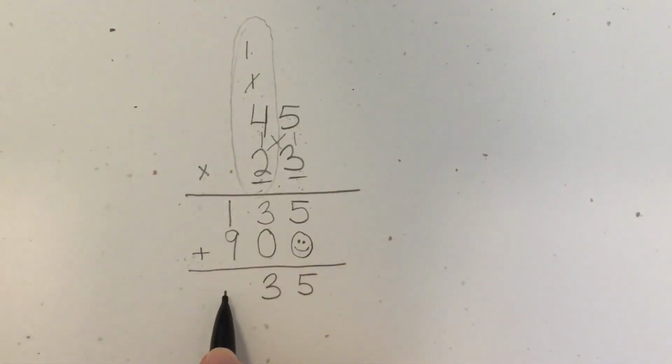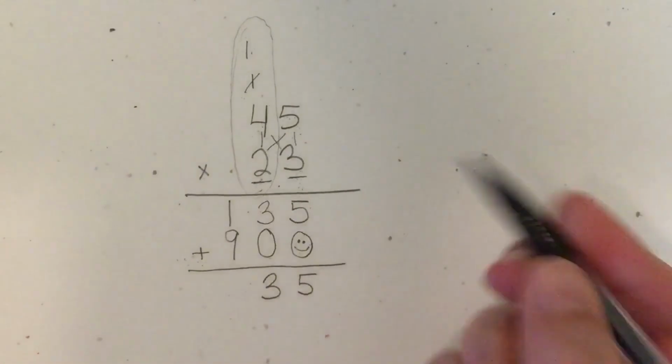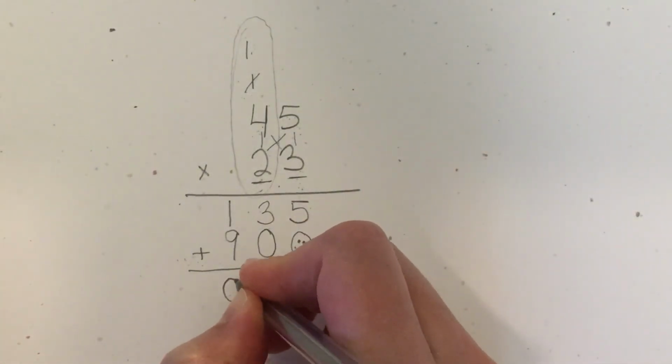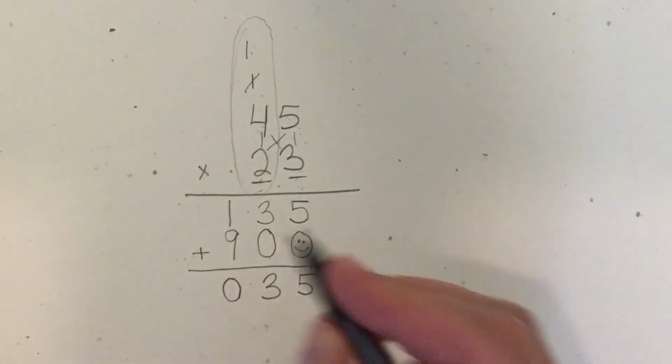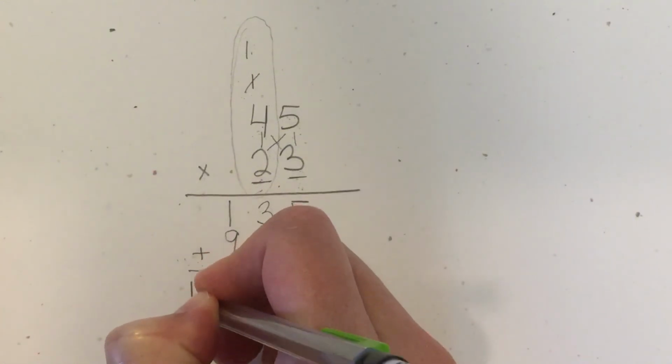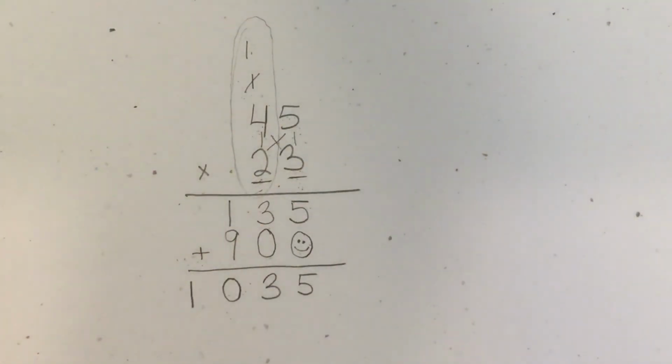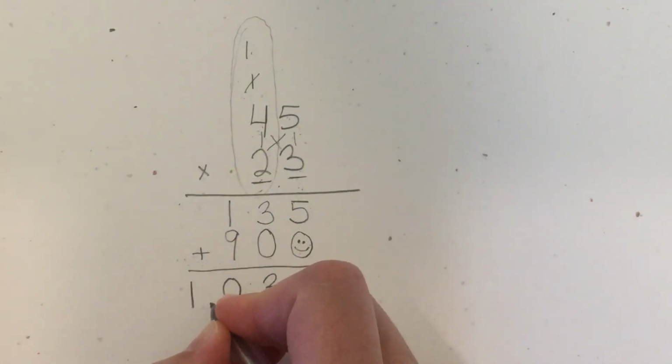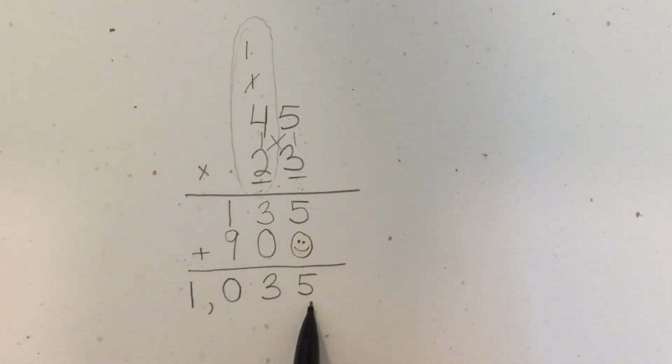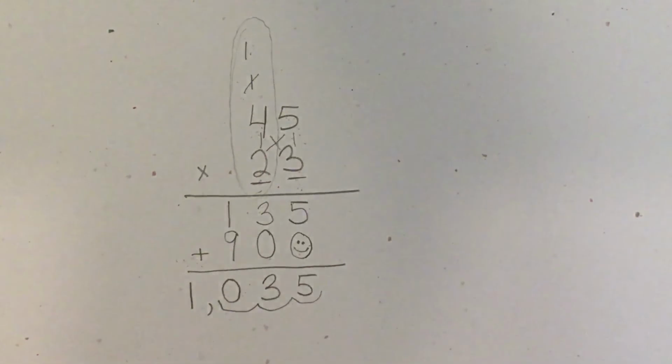Again, we're not going to squish 10 in the hundreds place. We can only have one digit in each place. So we'll put the 0 in the hundreds place, and then that 1 from the 10 goes over in the thousands place. Finally, in order to make sure I have the correct answer, I need to make sure I have my comma in. We always count over 3 digits from the right. 1, 2, 3. Kind of like those hops when we were doing our metric conversions. It's the same kind of thing. So my answer is